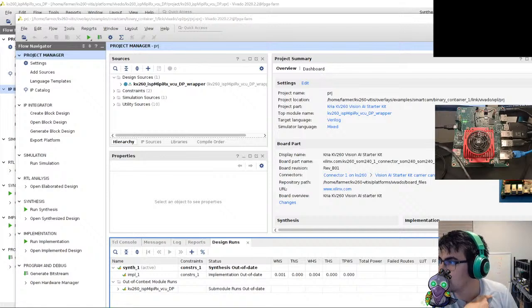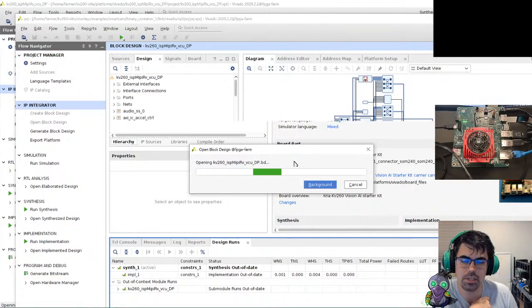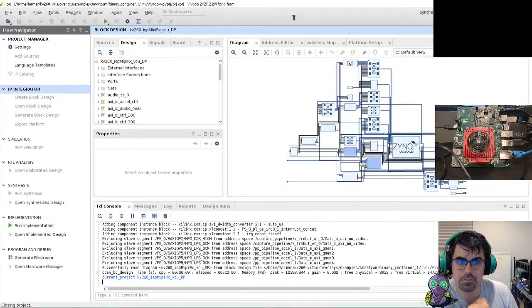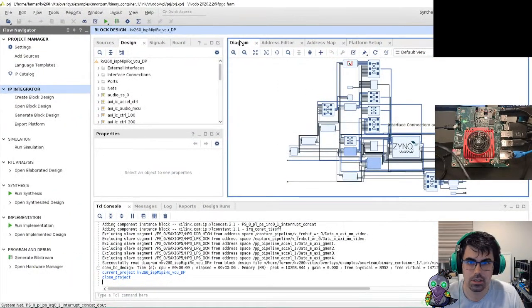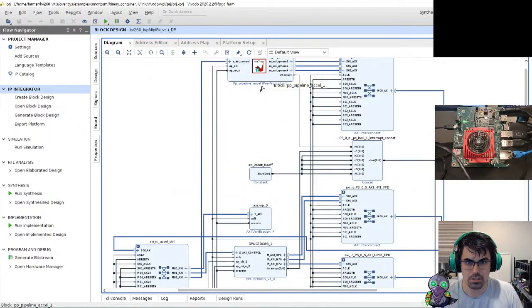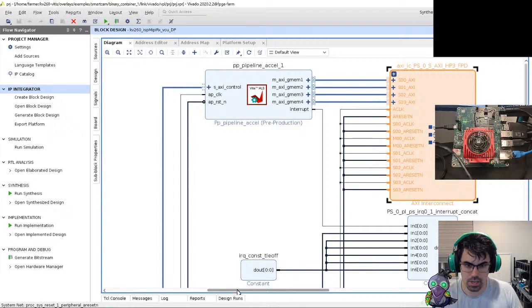Let me see. Yes, I found the documentation for it. Open a block diagram here. I didn't close that in the background. Okay, now we have the accelerators. Most notably is this one at the top, the Vitis HLS. This is our pipeline accelerator that has 4 JEBs that are connected to this interconnect, and this is connected